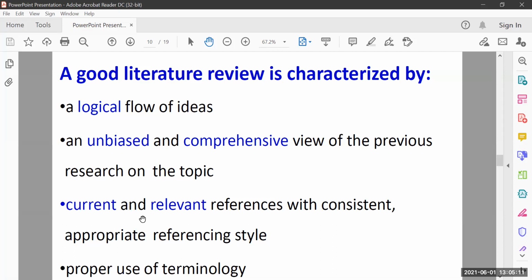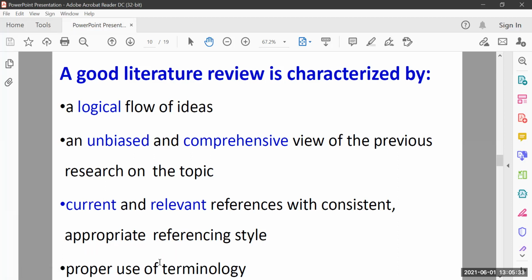You have to go for current and relevant references, consistently. I already explained the current ones. Why should we go for current literature or references? Because that will give the direction in which research is going on. Then, appropriate referencing style.